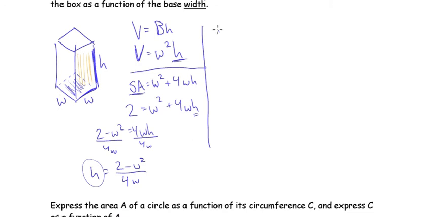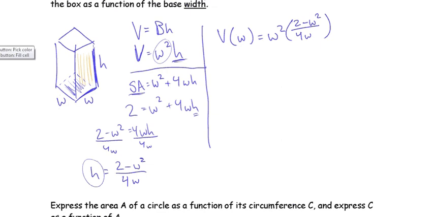So let's rewrite volume as a function of w. It is equal to w squared, we already have that part right here, times h. But instead of h, we are going to substitute in 2 minus w squared, divided by 4w. Now let's multiply this out and clean it on up. That's going to be equal to 2w squared, just multiplying out the w squared, minus w to the fourth